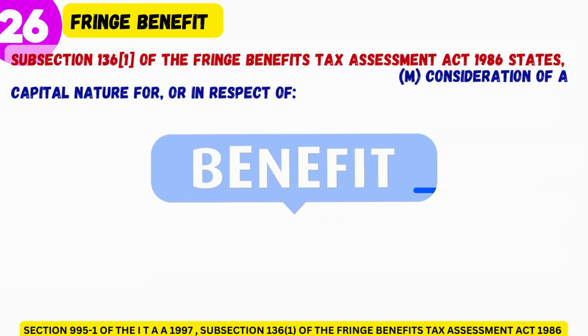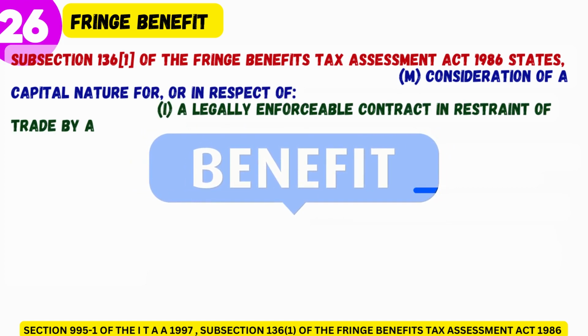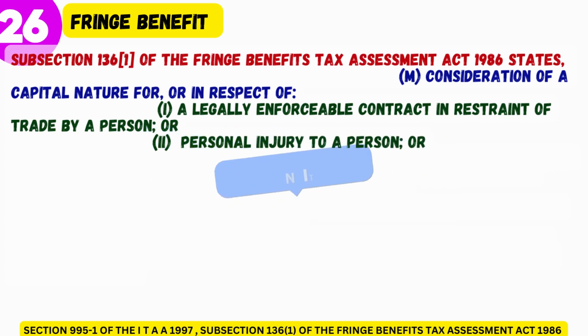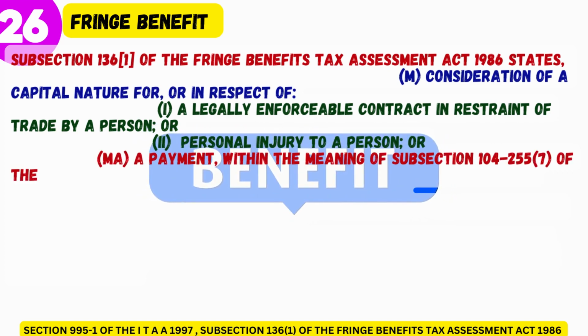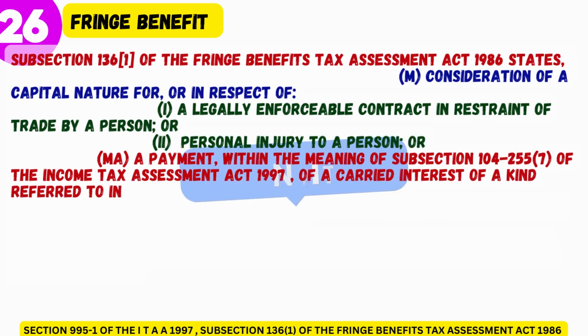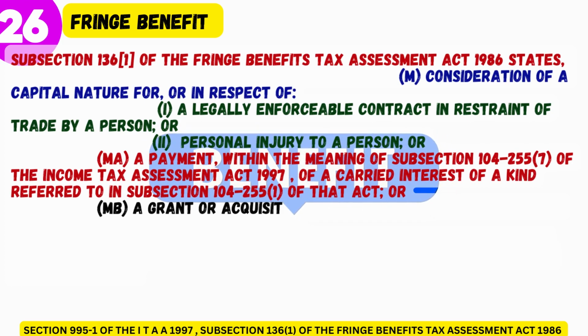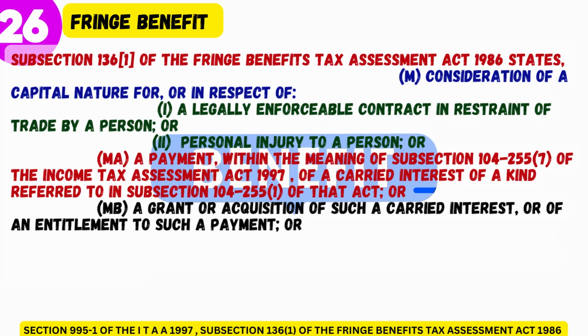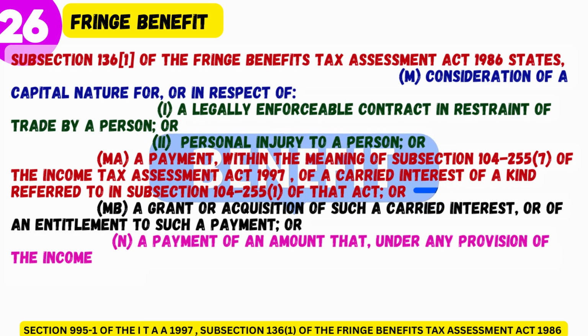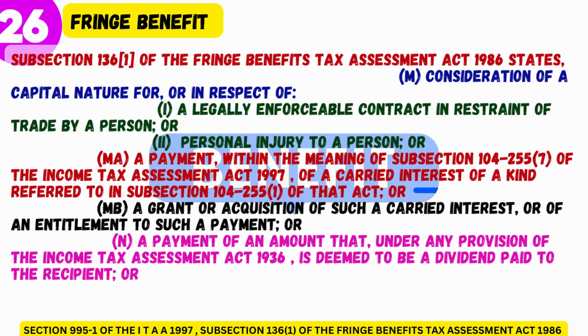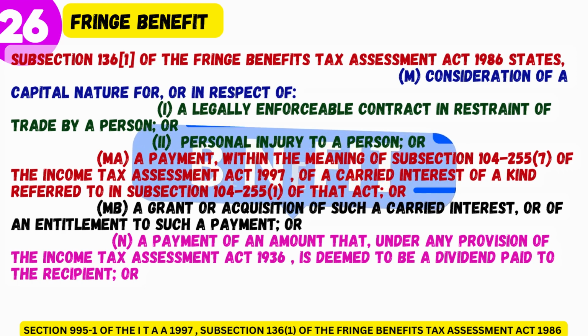1. A legally enforceable contract in restraint of trade by a person, or 2. Personal injury to a person, or a payment, within the meaning of subsection 104-255(7) of the Income Tax Assessment Act 1997, of a carried interest of a kind referred to in subsection 104-255(1) of that Act, or MB, a grant or acquisition of such a carried interest, or of an entitlement to such a payment, or N, a payment of an amount that, under any provision of the Income Tax Assessment Act